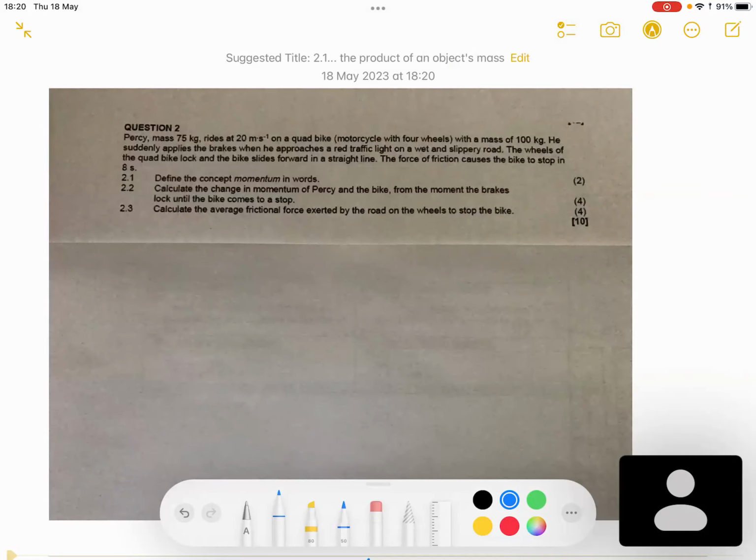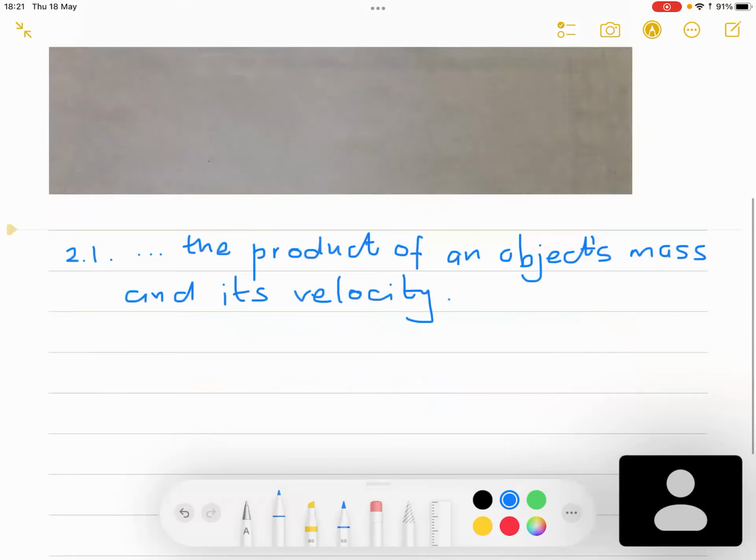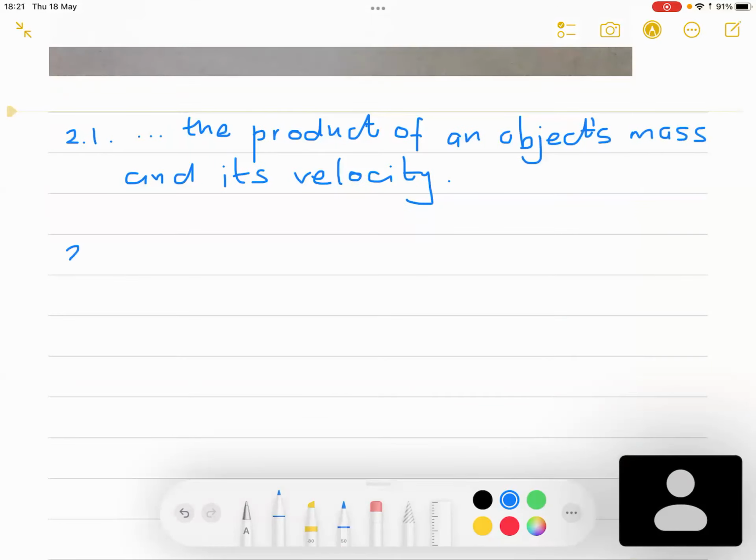Calculate the change in momentum of Percy and the bike from the moment the brakes lock until the bike comes to a stop. Okay, so calculate the change in momentum from the time that the brakes lock. The first thing we're going to do is choose the direction. So I'm going to say that the direction in which he's traveling,